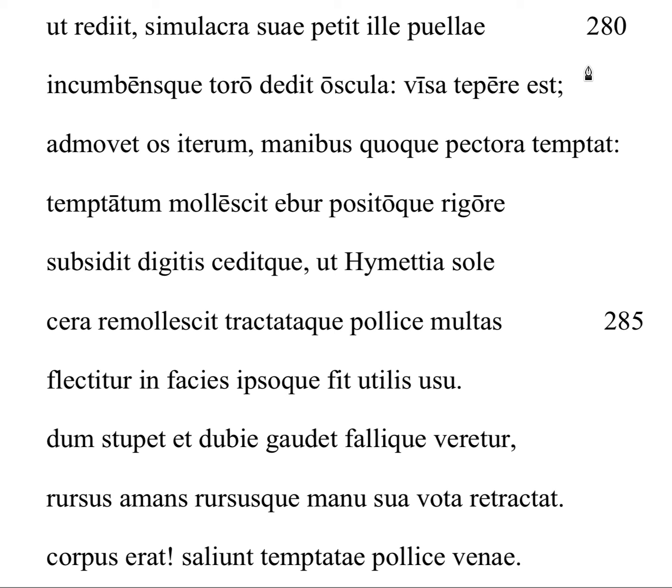This is lines 280 to 289 of Ovid's narrative of Pygmalion. And Pygmalion has just gone to the festival of Venus, and he's coming back home and eagerly visiting his statue here, his simulacrum that he's made. So as he returned, this is perfect tense, redeo, redire, redde. As he returned,